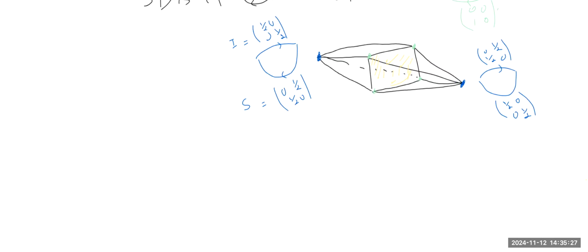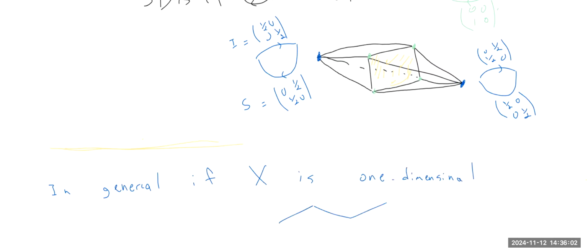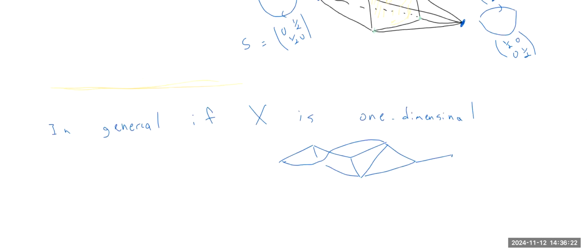Of course, this is a group. By the way, this is S. Something important to know: in general, if X is one-dimensional, what I mean by one-dimensional is that it is generated by edges only, something like this, for example. Let's say the simplicial complex is one-dimensional, so always we have